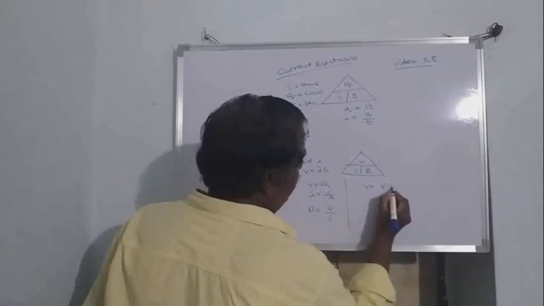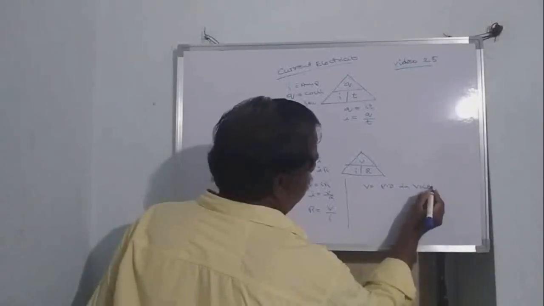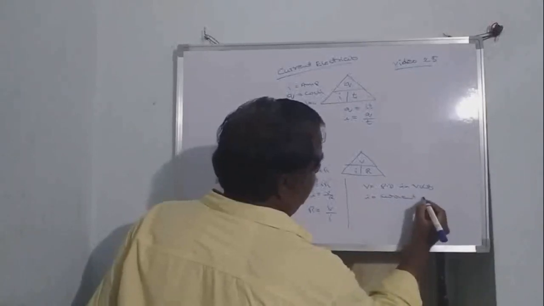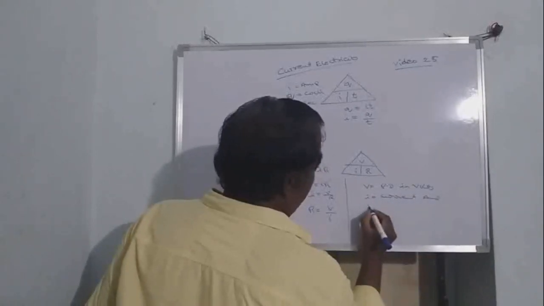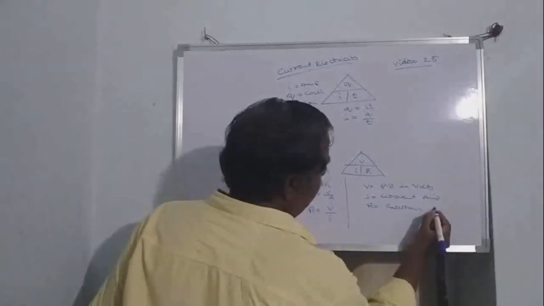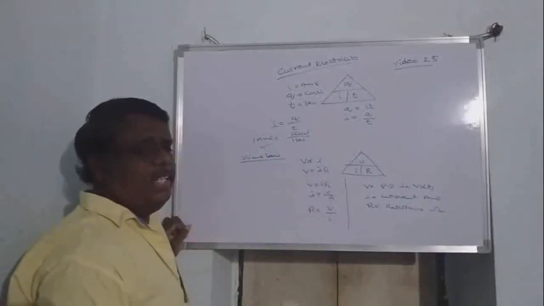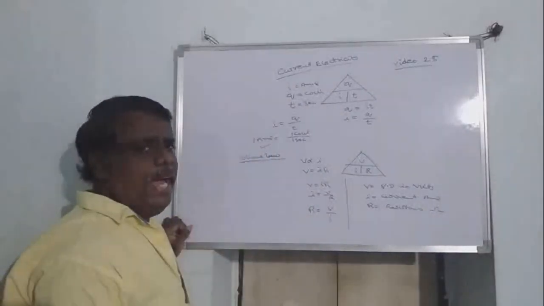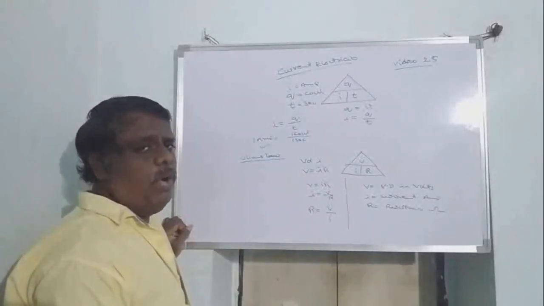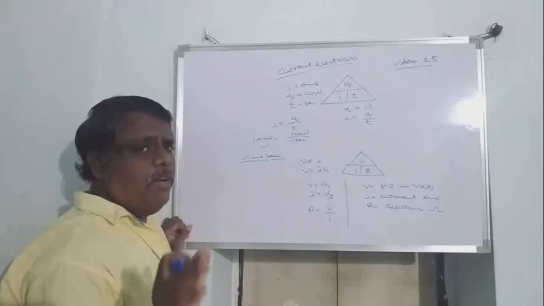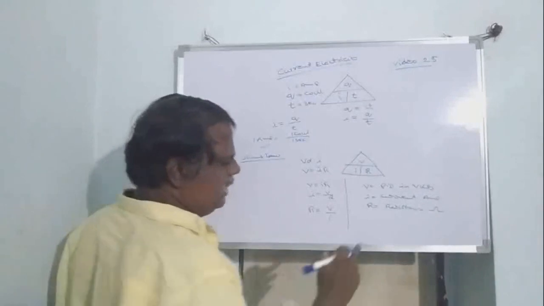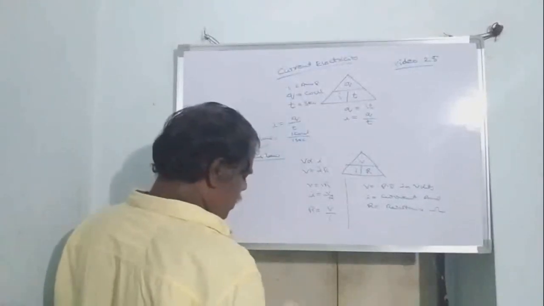Here V is the potential difference, in volts. I is the current in the circuit, in amperes. R is resistance, in ohms. What is resistance? It is an opposing force acting on the current, that means it always acts opposite to the direction of flow of current. The device which offers resistance is called a resistor.